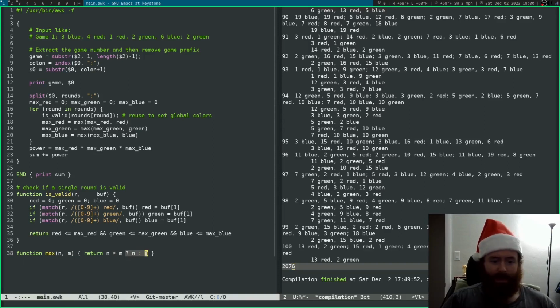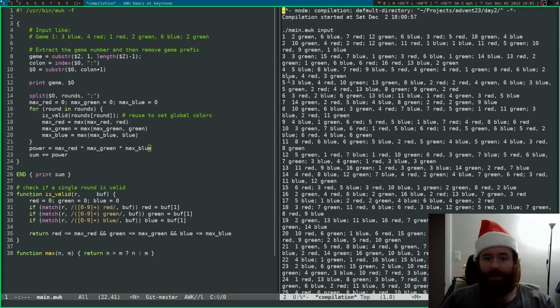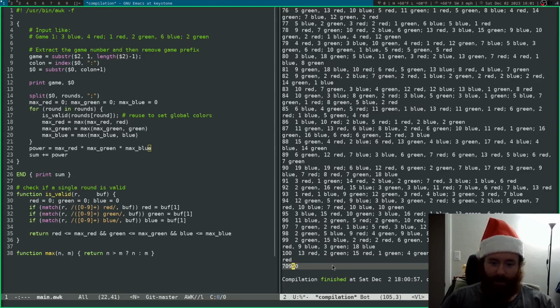We may not have seen it already, but awk does have this ternary operator. So this just says, if n is greater than m, return n, else return m. So each round, I just set each of the maxima to the max of the old value and the new value. And then, as I was mentioning before, the power is just the product of those maxes, and then we add it to the final sum, and we print it out. I think I'm actually printing something slightly different here, which is why it looks different. But you can see there's my correct answer,